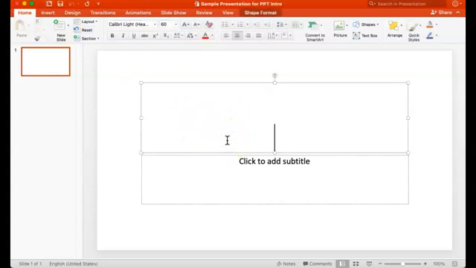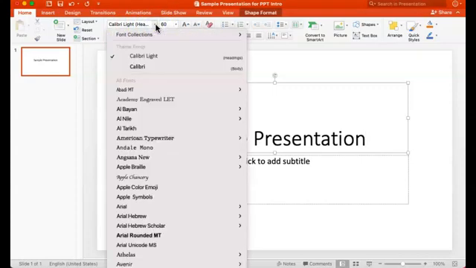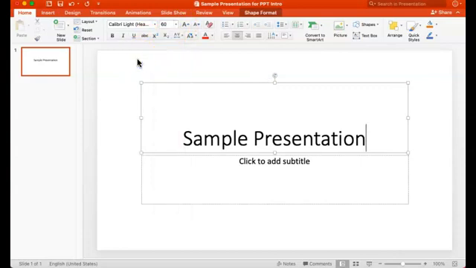So for example, I'm going to just type a title here, sample presentation, and you can see that the font is in this window or this field. Here's the drop down. You can choose from a variety of fonts that are available. You can adjust the size here, and then you can change your text, lots of different features here, alignment, different kinds of lists are available, spacing, lots of things that you can do,